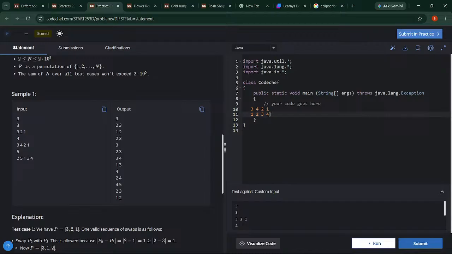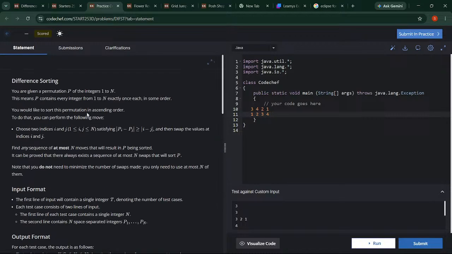So can we make a direct swap of 1 to position 1? Let's check the valid condition we need to satisfy before moving forward. We have to satisfy the condition that the modulus of 1 minus 3, which is 2, should be greater than or equal to the modulus of